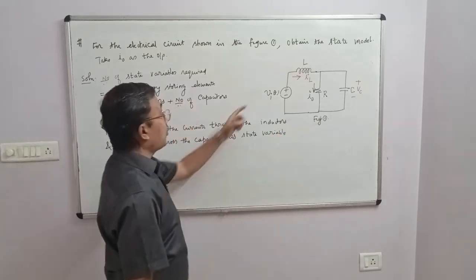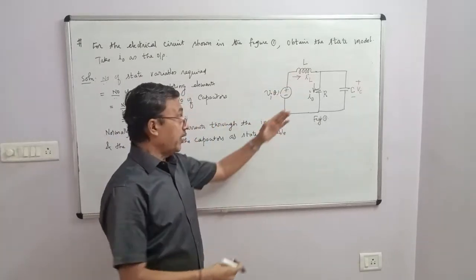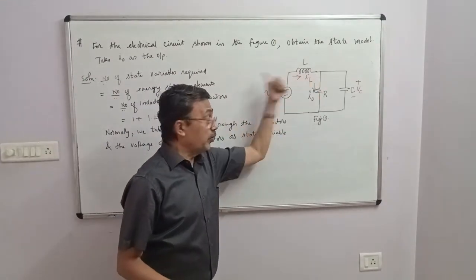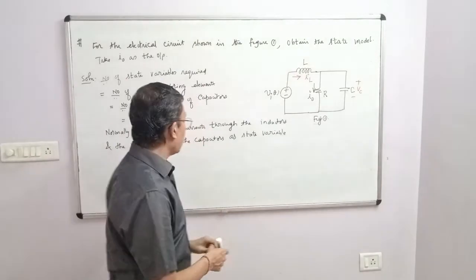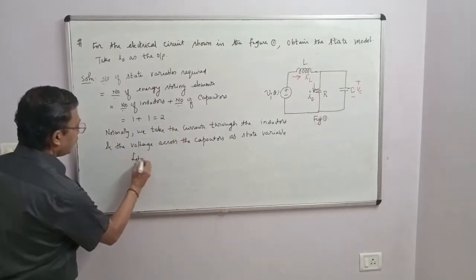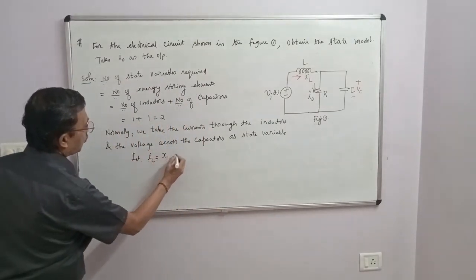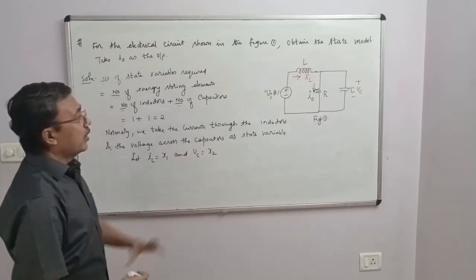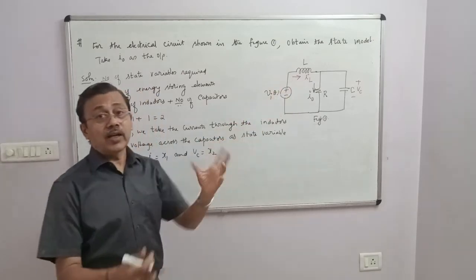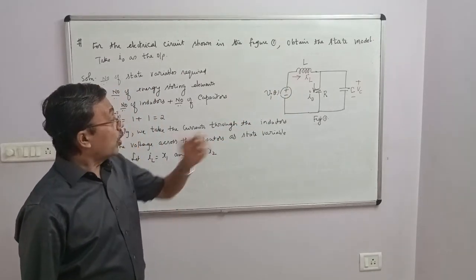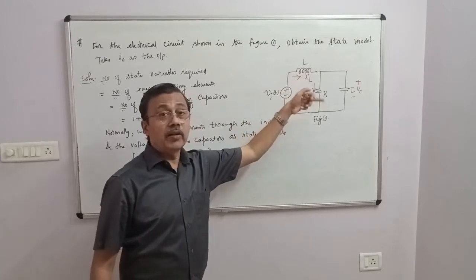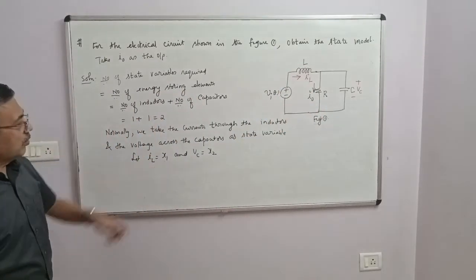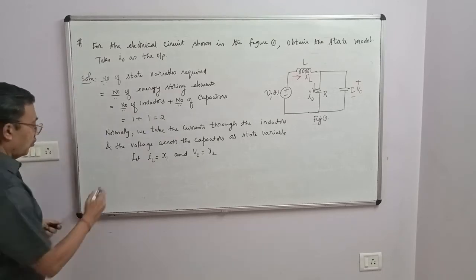So I have taken the current through the inductor as IL. The direction of IL is arbitrary. I have chosen it to be going from left to right. Even if you reverse the direction of IL, nothing is wrong. Let IL be equal to x1 and VC be equal to x2. IL and VC I have marked; it is not given in the examination. So what is marked in red is not provided in the question paper. Please remember this.